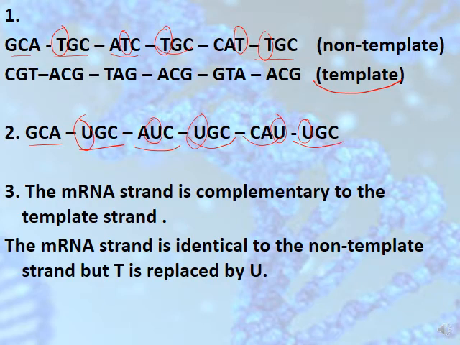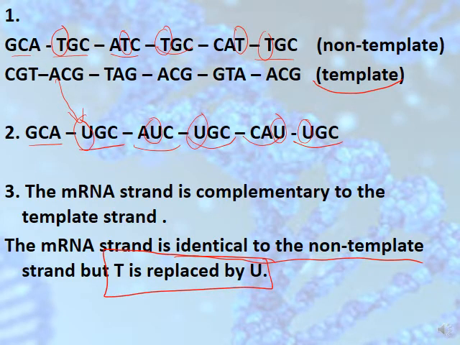Here we can deduce the non-template, the non-transcribed, it's the coding, same as mRNA, instead of T it is replaced by U. If I want to use the template, I have to make it complementary. So C complementary is G, G complementary is C, T complementary is A, while for A the complementary is T, but here I put U. Pay attention to this. So the mRNA strand is complementary to the template, while it's identical to the non-template where T is replaced by U. So this is an important